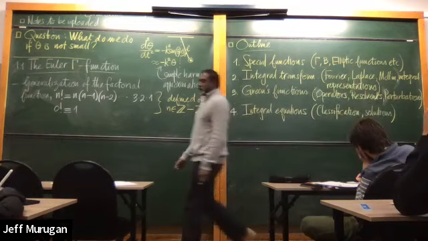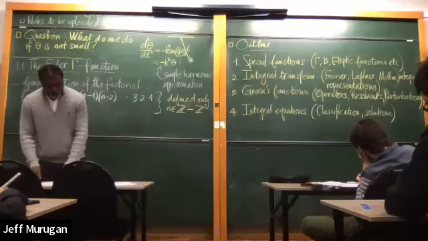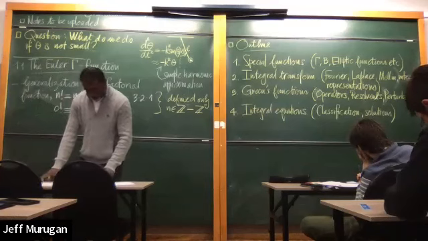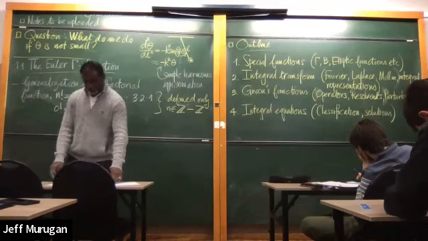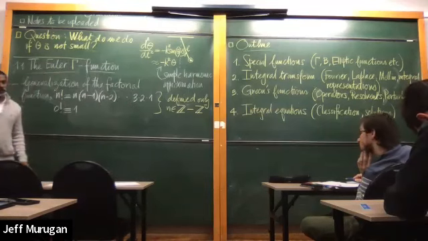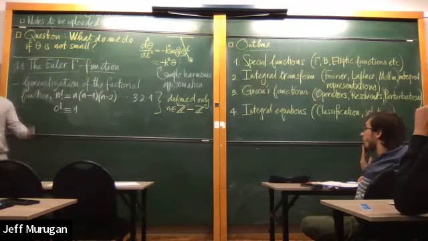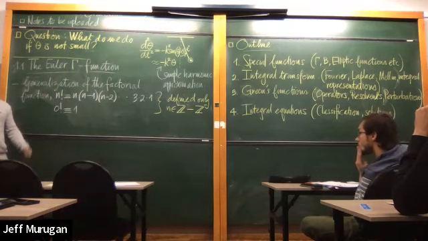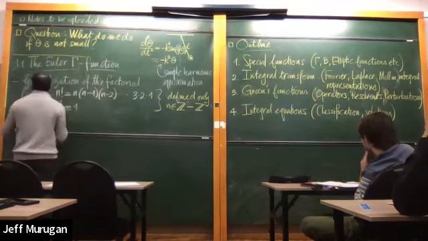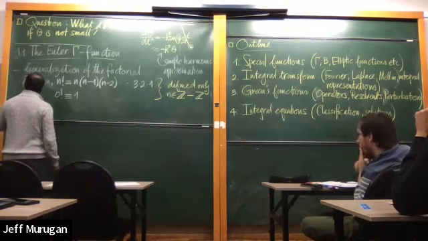Okay. So the Euler gamma function is a generalization of the factorial function to the case where n, let's call it x, is no longer just a positive integer. So, by way of definition,